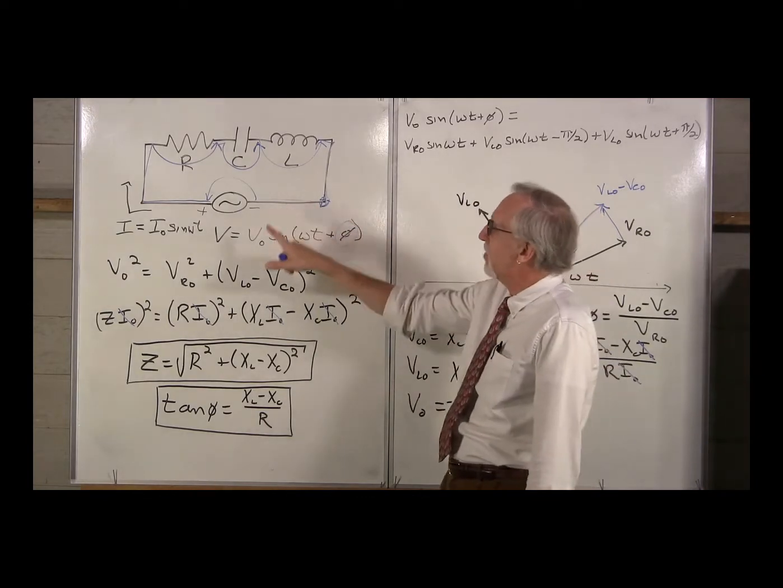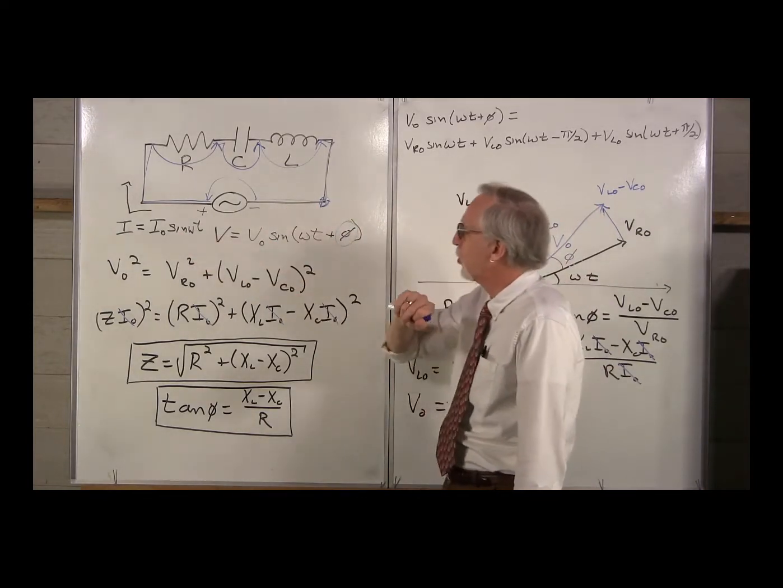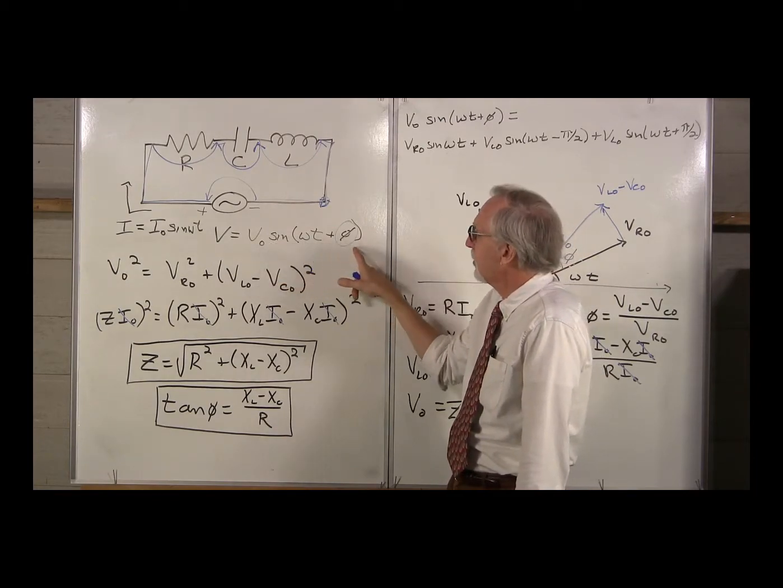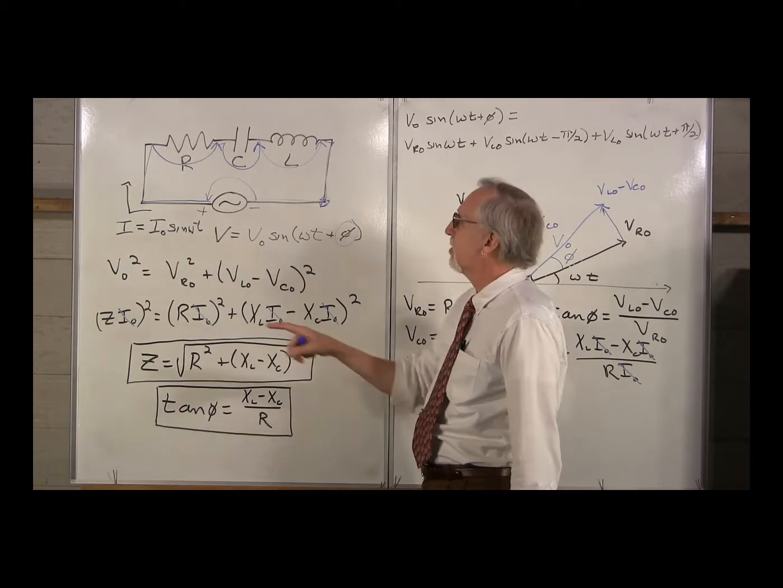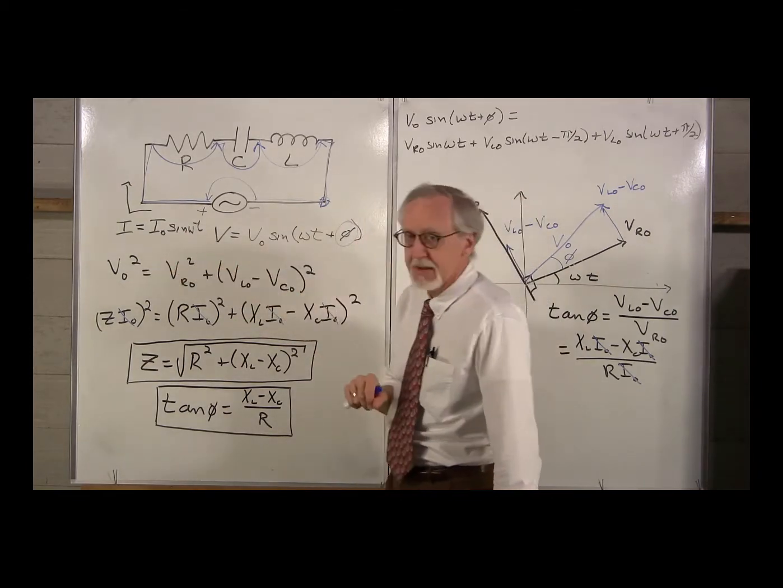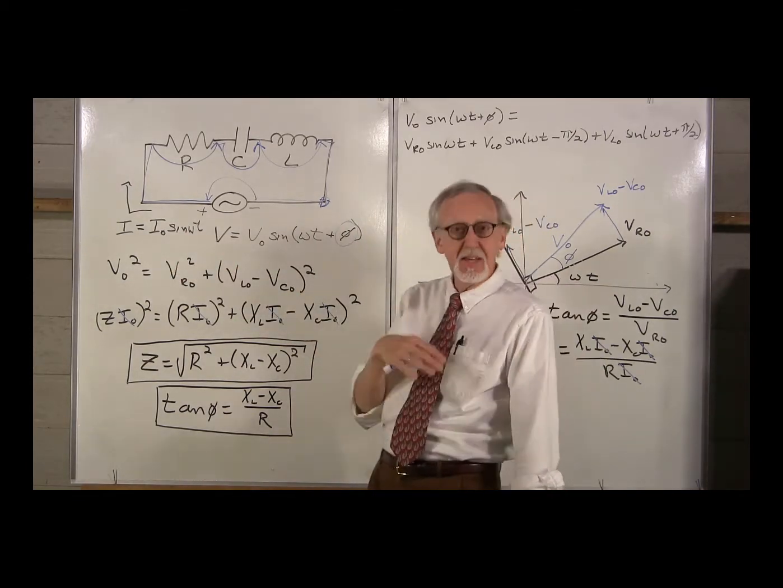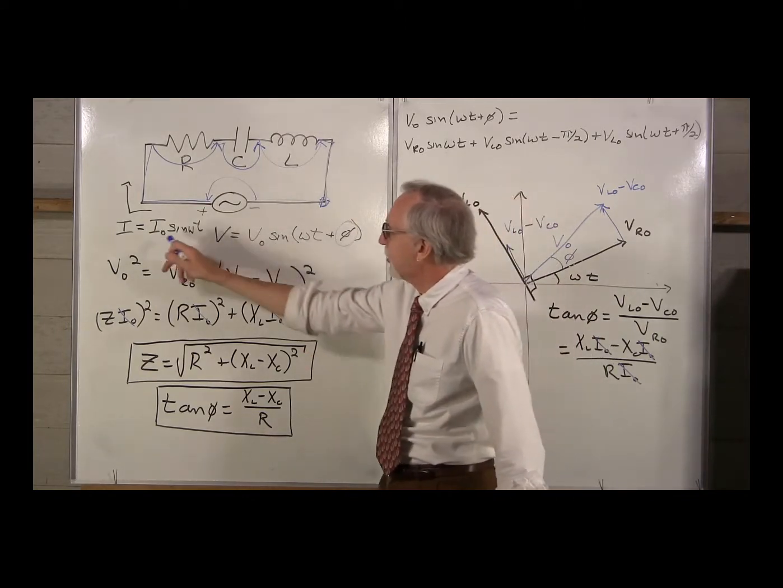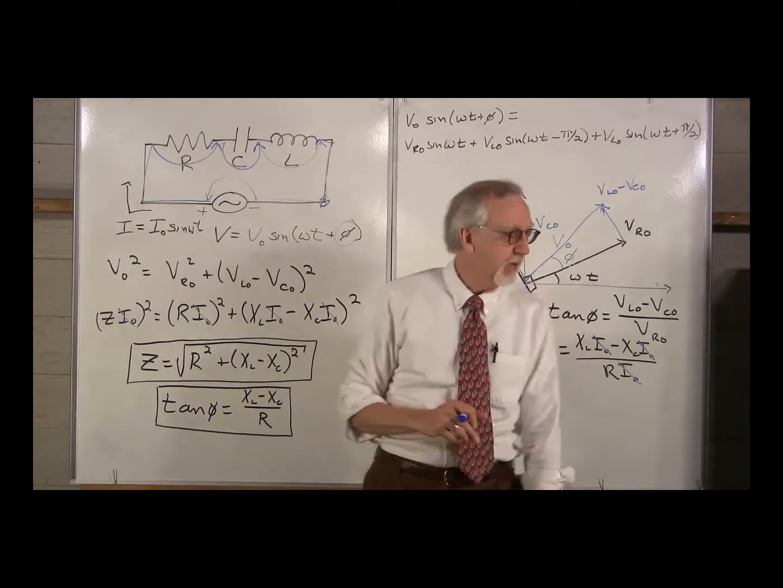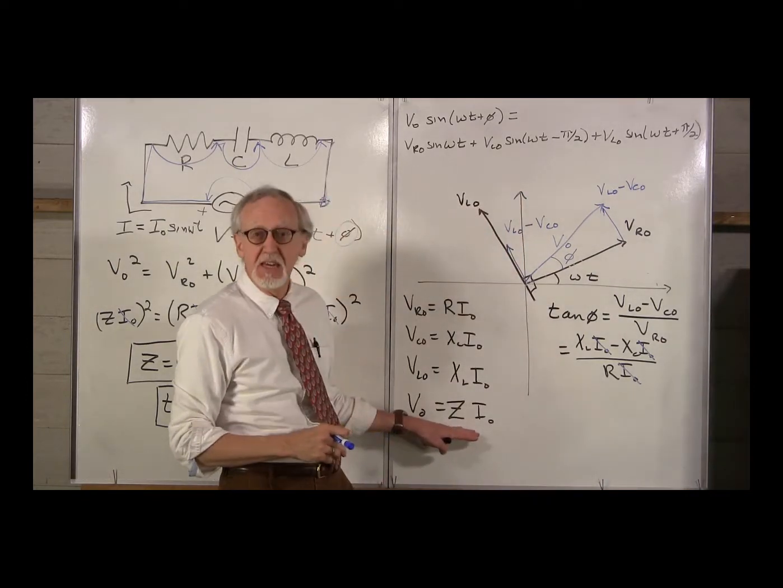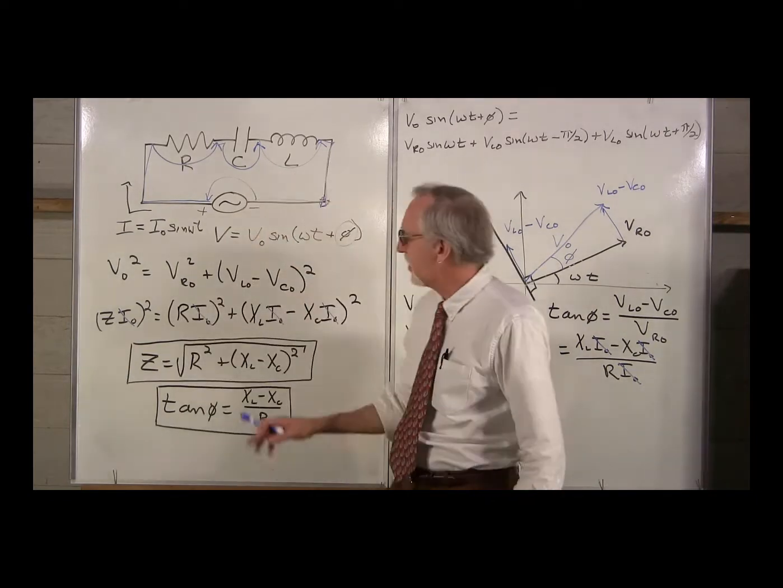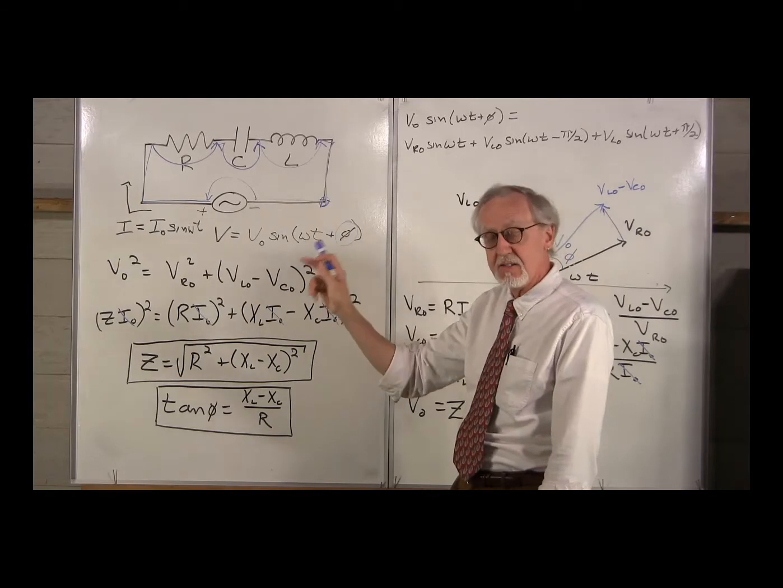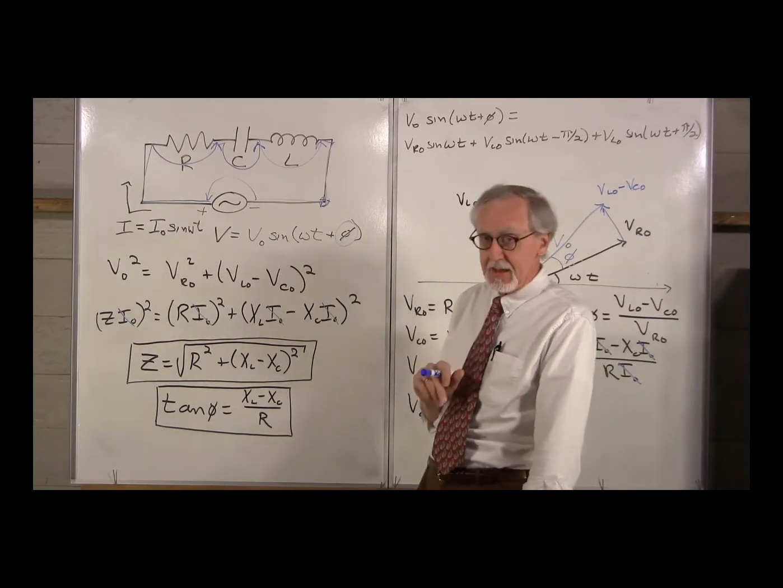We have figured out the complete relationship between our applied voltage of the form V0 sine omega t plus phi and our current of the form I0 sine omega t. With an applied angular frequency of our voltage of omega, we found out that the amplitudes V0 and I0 are related to each other by this factor of Z, the impedance. The impedance then depends on the resistance, the capacitance, and the inductance, R, C, and L, and omega, the frequency,